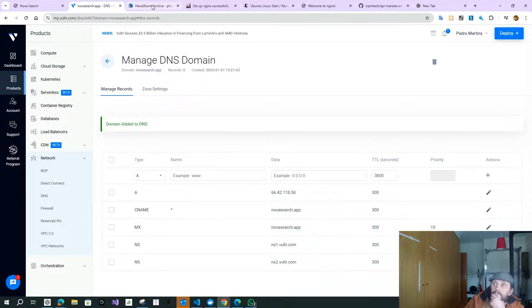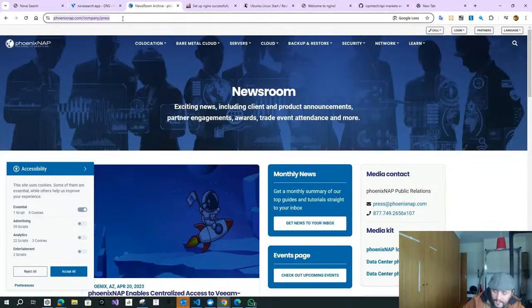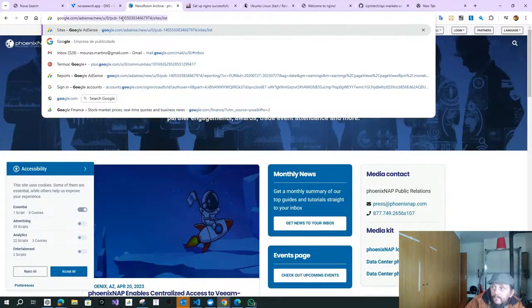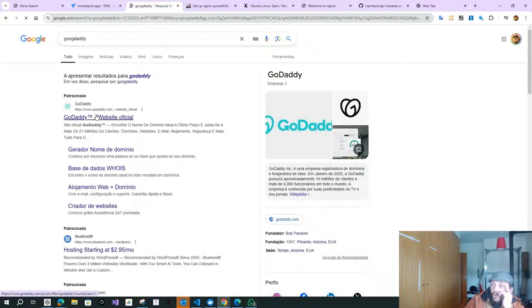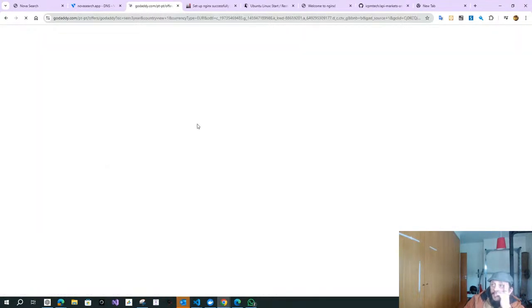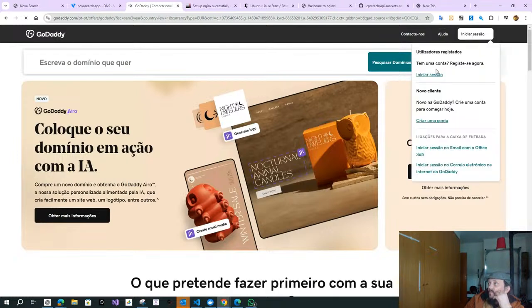And in GoDaddy, our hosting provider for the DNS, in the name of the DNS, we must configure the solution to use our Nova. We must start the session or log in, and after that we will